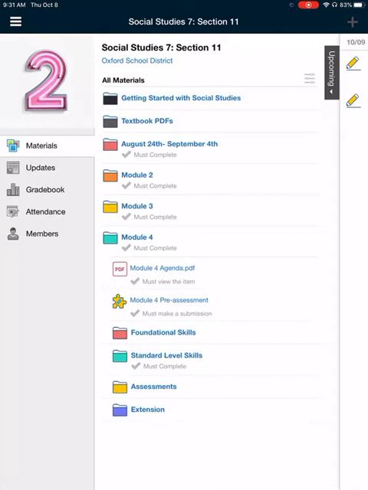I'm going to explain to you what we are going to be doing in the standard level skills folder for today first. If you can go into your standard level skills folder, you'll notice I put a folder titled October 8th through the 9th, because what you're doing today, you're also doing tomorrow. You also have class time tomorrow to work on it, so this is not something you have to finish today. You have time tomorrow to work on it.